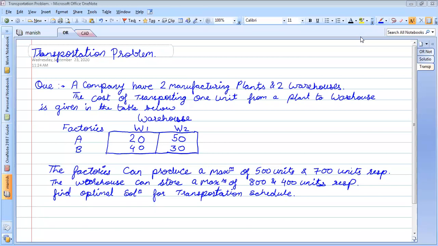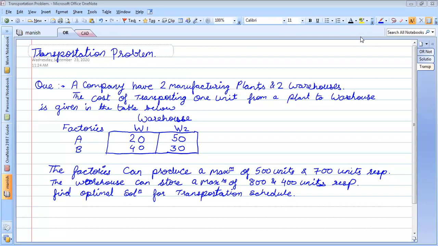So now what we are interested in is studying the applications of an LPP. The basic and very simple application was to put it into the transportation schedule. For better understanding of a transportation problem, let us see this example that I have written here. This example I have created, you may not find it in any books. Just to give you an overview, I have created this problem.